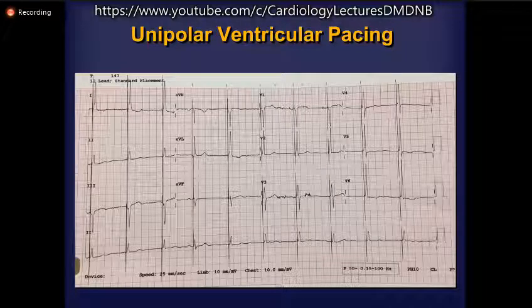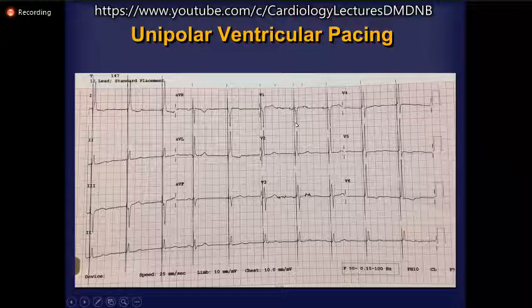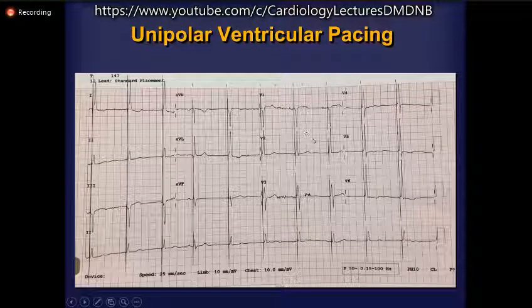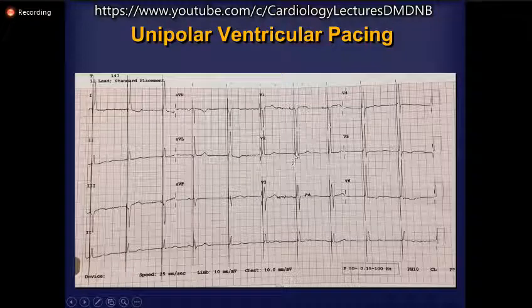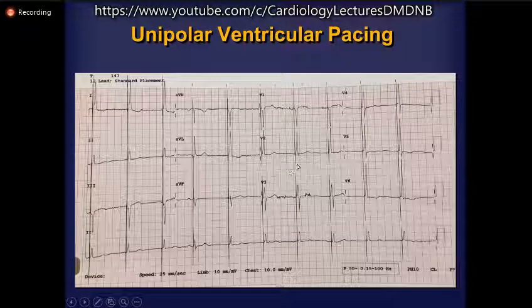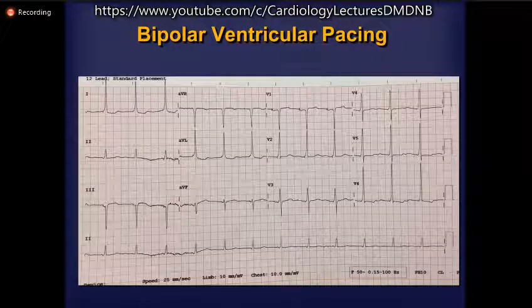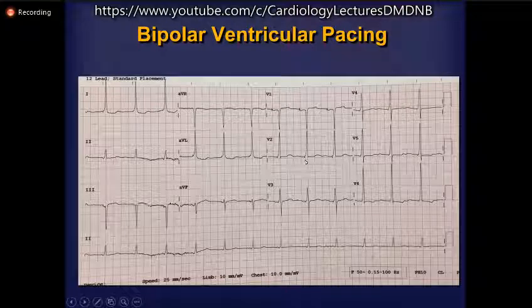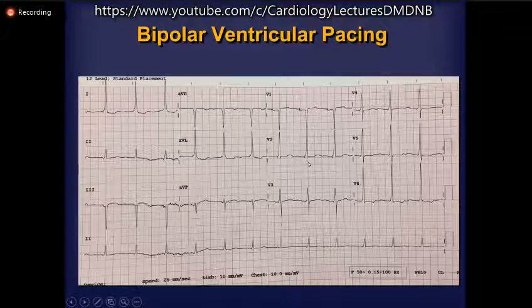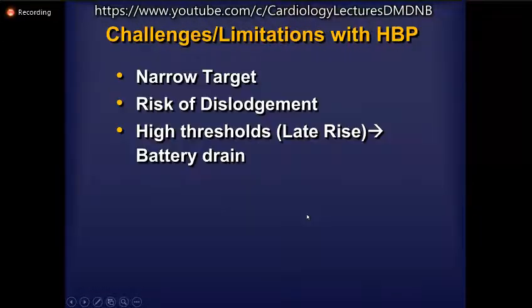So you can look how after the pacing artifact, how beautifully narrow and normal looking this QRS is. And you can also appreciate that this is non-selective pacing because you can see this tiny delta-like appearance immediately after the pacing artifact. There is no isoelectric interval. The same thing now I'm showing with bipolar pacing. Again, you can see this extremely tiny pacing artifact and a very normal looking QRS.